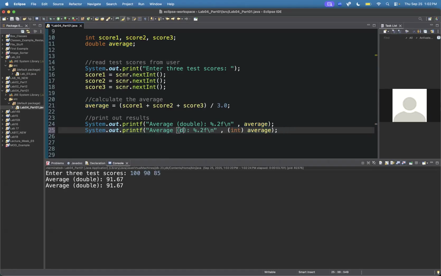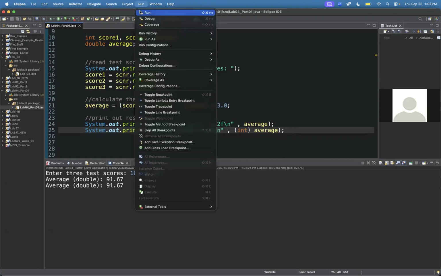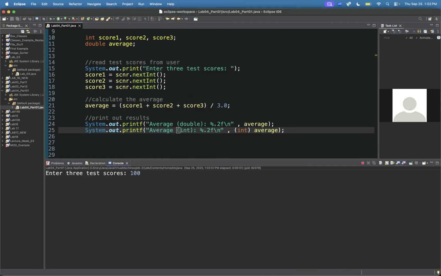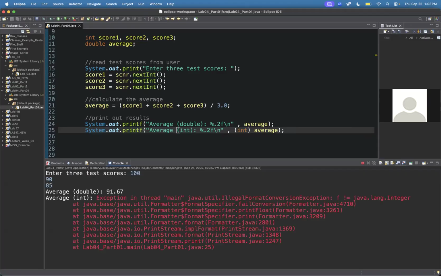And let's just change this statement here. So we're printing out the average as an integer. Try it again, 100, 90, 85. Uh-oh. And this did not work. Oh, it did not work because the %.2f only can print a double, and I just turned it into an